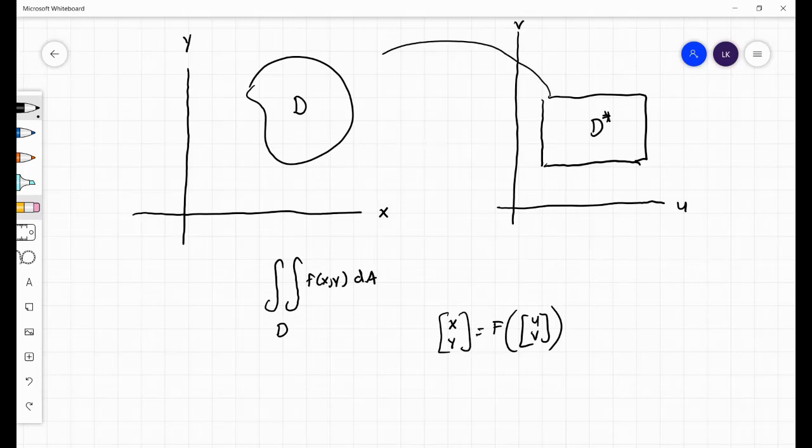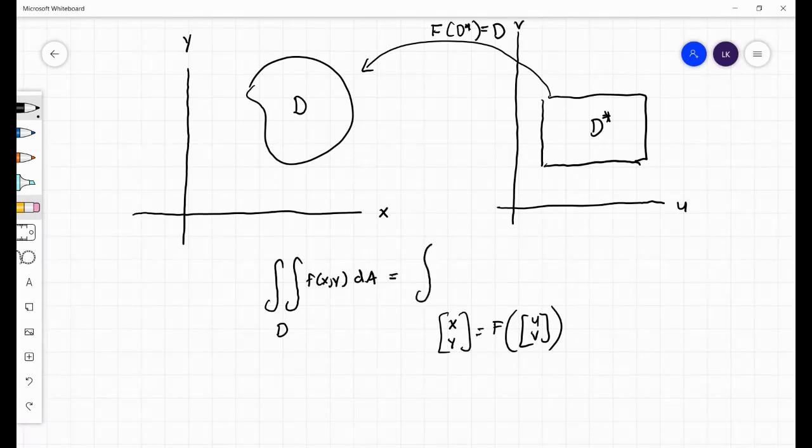So we have that this function maps d star into d. And one reason you want to do that is because d star is a simpler region than d. Other times you want to do this change of variables so that the integrand becomes simpler, right? That's another consideration. Okay. And so the change of variable formula says that,